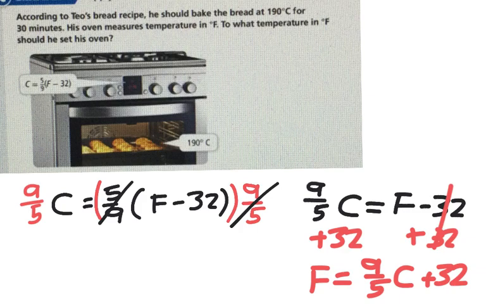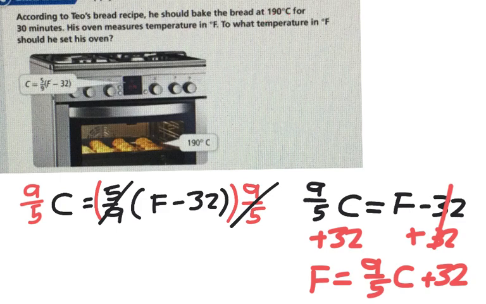Any questions about how we solve that equation? So that's the most difficult one we've had. So if you've got questions, let me know. Okay? So now,